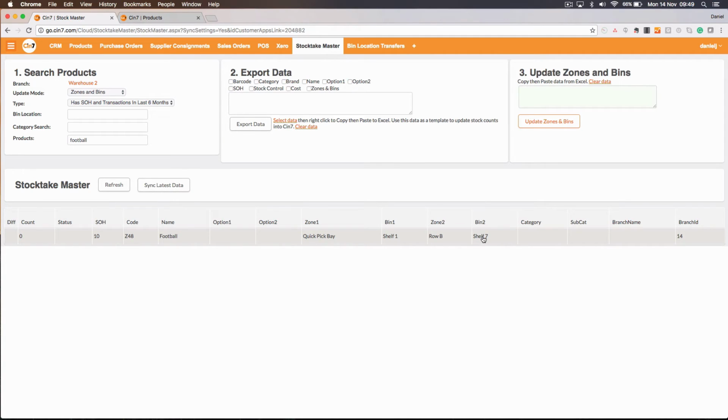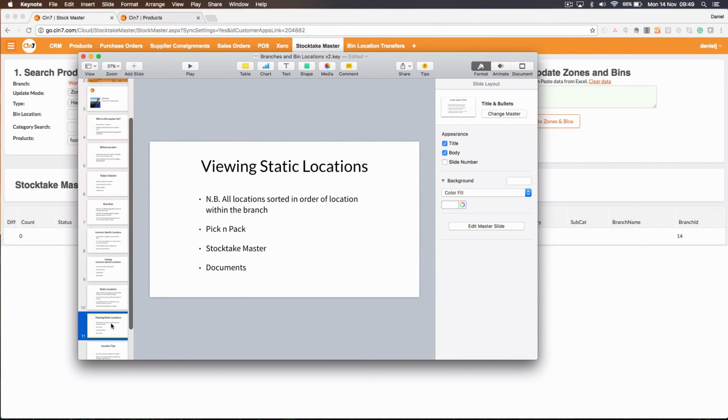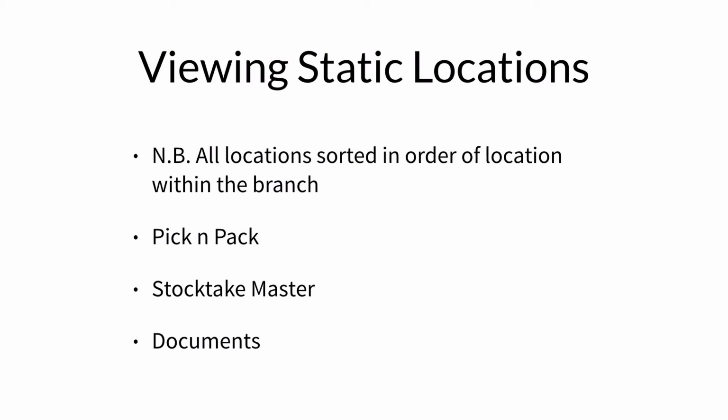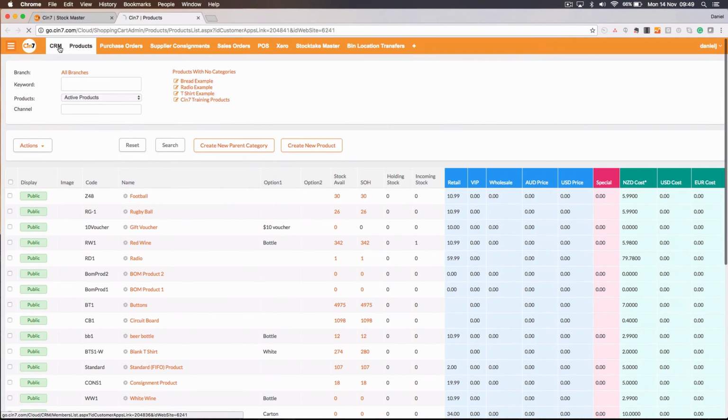So what I want to take a look at now then is where that information appears. So if we go back to my presentation, static locations appear in different places too. All locations are sorted in order of the location within the branch. So let's go back to our CRM. As you'll remember,